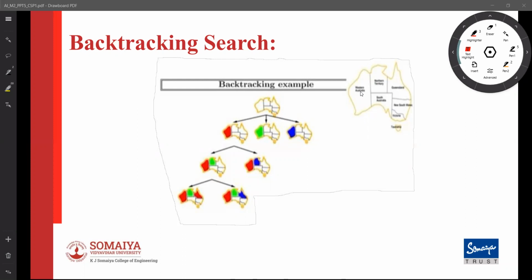In this case, we have seven states: Western Australia, Northern Territory in the north, South Australia, Queensland, New South Wales, Tasmania, and Victoria. Let us say we want to color them using the domain red, blue, and green, and these are the values we can assign with the backtracking search algorithm.